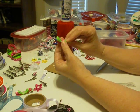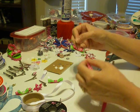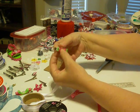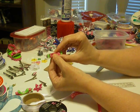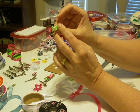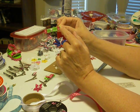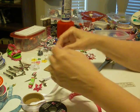Okay, so once you have that centerpiece on, which I'll show you how to do, you don't even have to flash it because you're going to glue it, and then this seam is going to be glued on top of the barrette, like this. So again, you don't have to worry about fraying, so you don't have to worry about sealing it at all. In fact, just the way it is right there, you can't even see the white ribbon, so this one would work fine on this barrette holder anyway. It doesn't have to be green like I put it on here, but if you're going to go out further than the actual ribbon, I would try and match your color of coverage over that. Okay, so now that you've got this one drying,